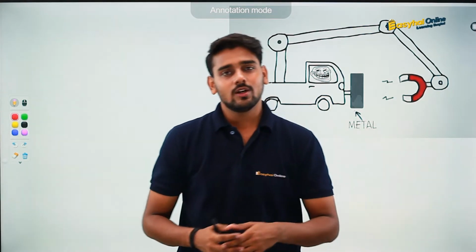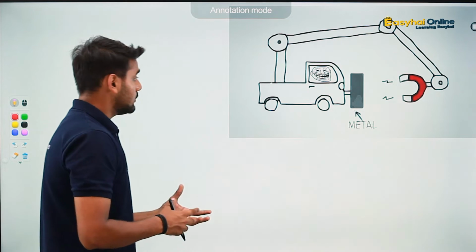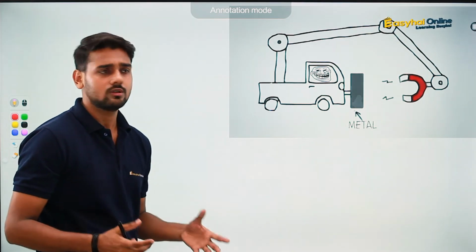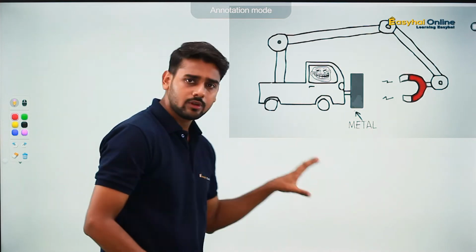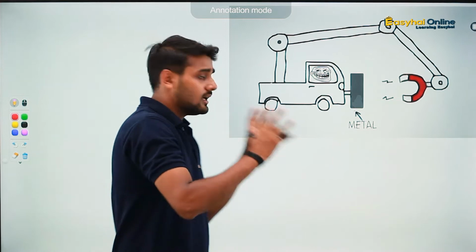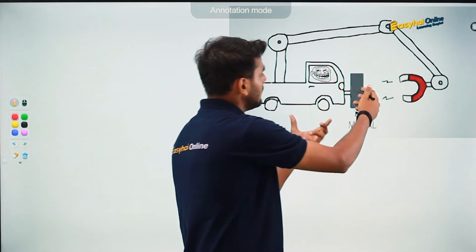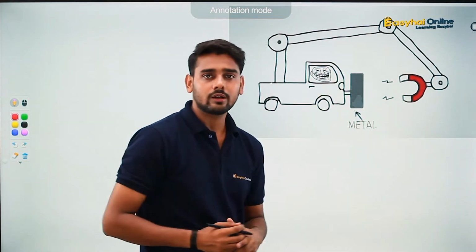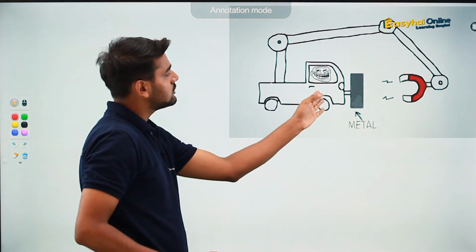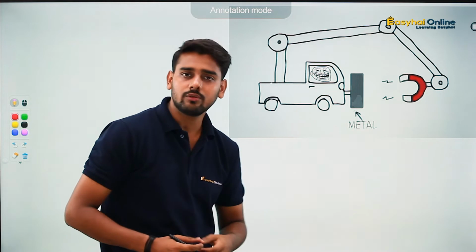Hello students. So now that we have observed conservation of momentum, I want to ask you a very simple question. You can see this image right over here, right? You may have seen this even before. This is a very simple meme. In this case, there is a car, metal, and you can clearly see the magnet over there. We know magnets attract metal. So as a result, they should attract the car and the car should move in the forward direction.